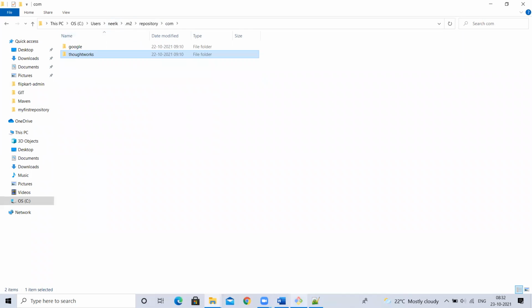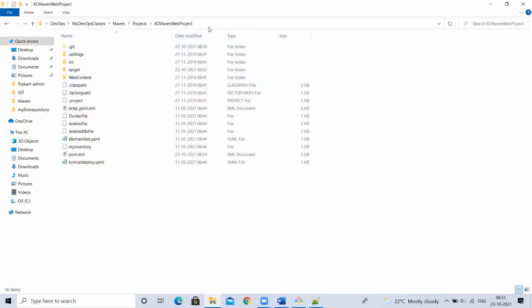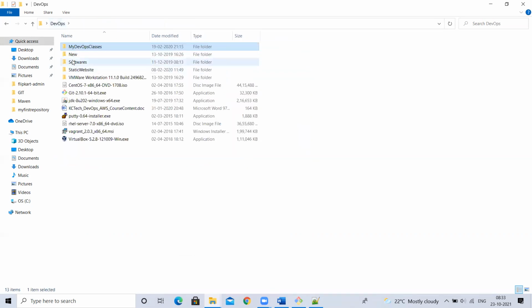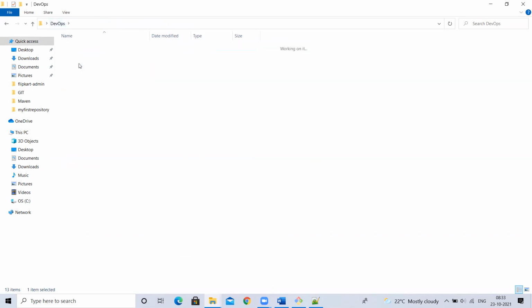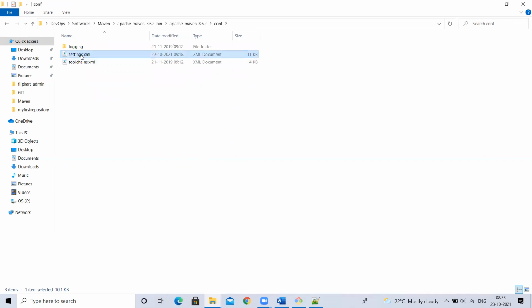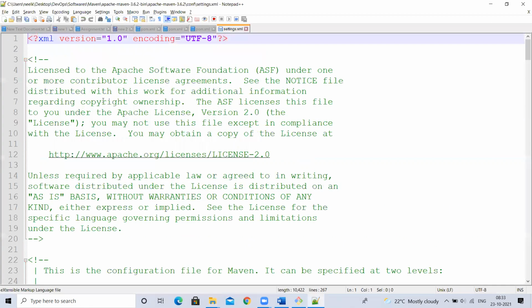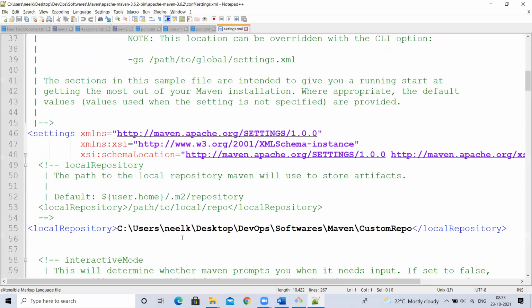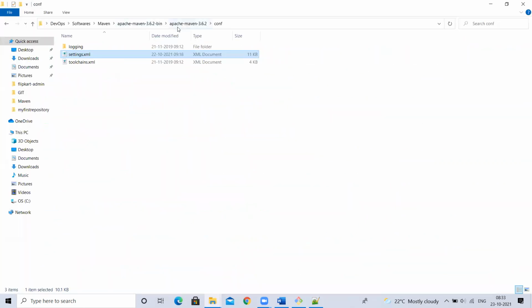Yesterday we changed that, right? So first let me show this target. See, target here also it is modified. Target, it has been modified. The same 32 only we executed, so it has been modified. Now let me check the Maven settings.xml, whether we are using the default path or a custom path. Let me check. Okay, I'm using custom path. So that is the reason it is not using the local repository.